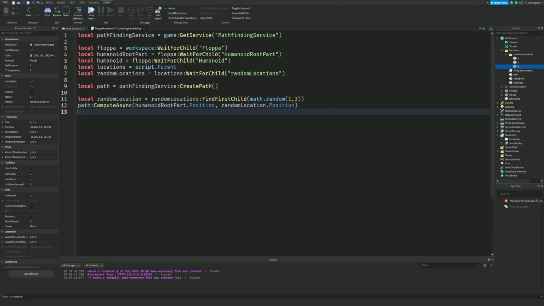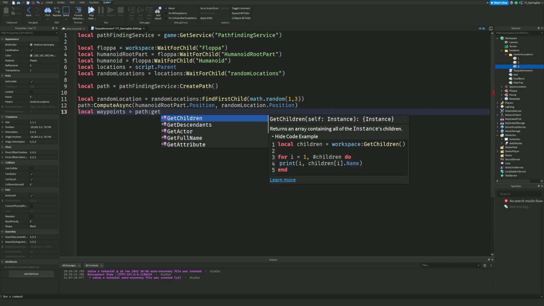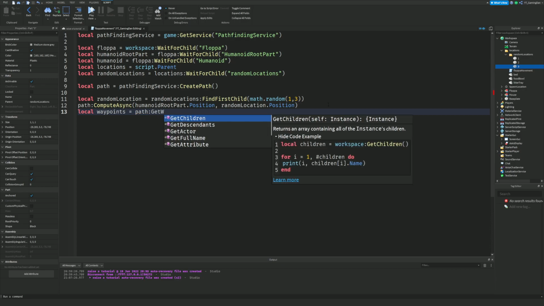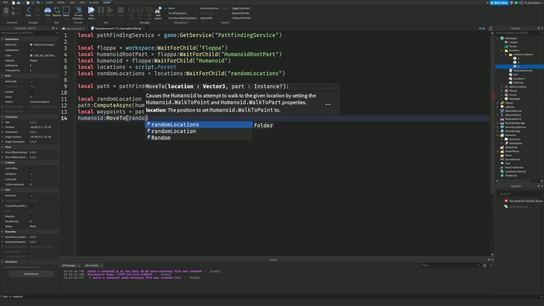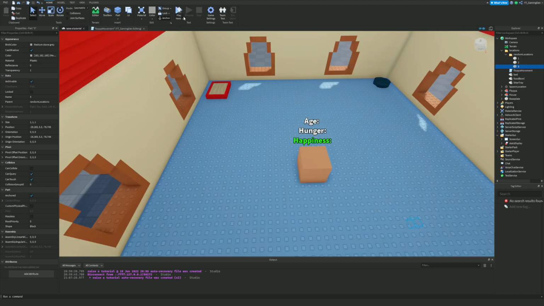So guys, after we've done this, we are going to do local waypoints is equal to path:GetWaypoints over here, guys. There we go. Sorry, not function, GetWaypoints. Here we go. After that, guys, we're going to do this: humanoid:MoveTo, random location.Position. There we go, guys. Okay, so now if I go in and run the game over here,